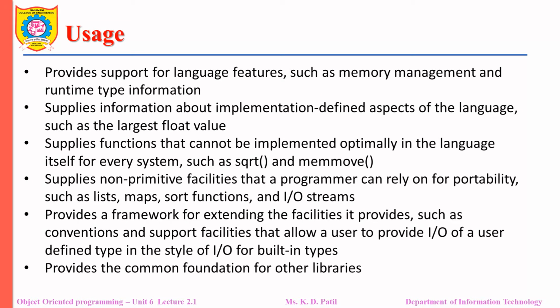Let us see the uses of the C++ standard library. It provides support for language features such as memory management and runtime information. It supplies information about implementation-defined aspects of the language, such as the largest float value. It supplies functions that cannot be implemented optimally in the language itself for every system, such as square root and memory move. It supplies non-primitive facilities that a programmer can rely on for portability, such as list, maps, sort